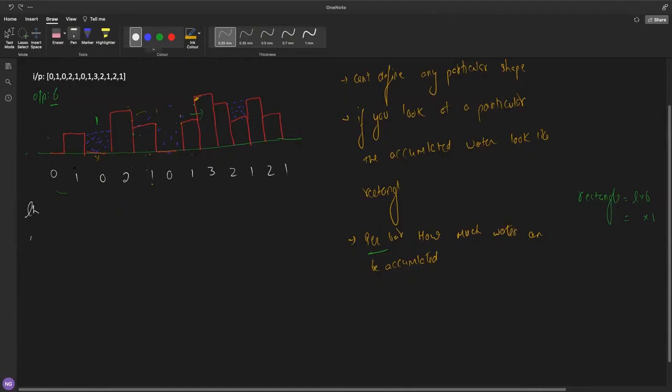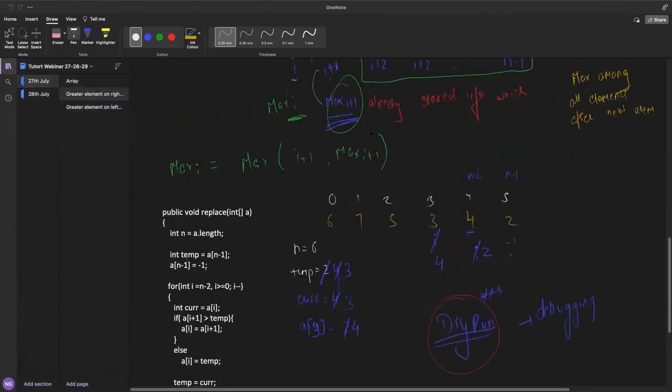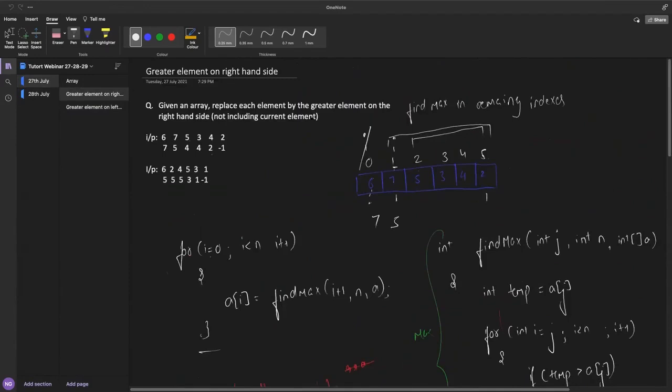Now look carefully. In yesterday's problem, we were trying to find the greatest element on the right hand side, with one thing: we were not including the current element. The same way we will do it here, or even you can include the current element in this case.